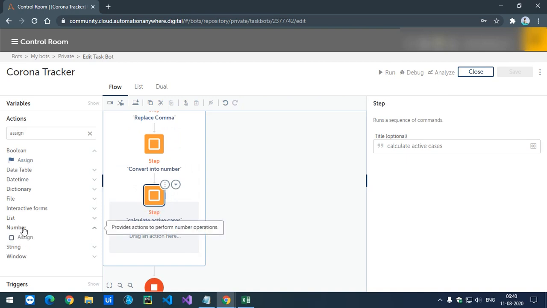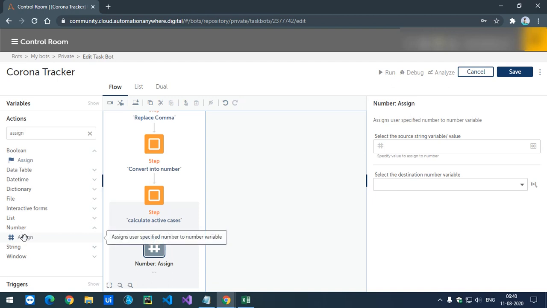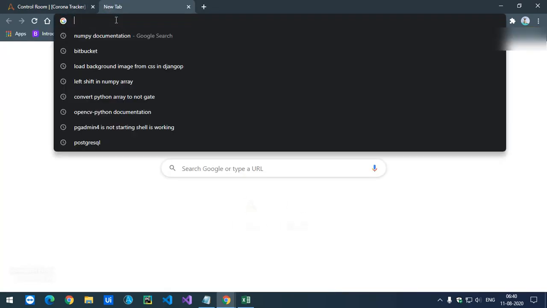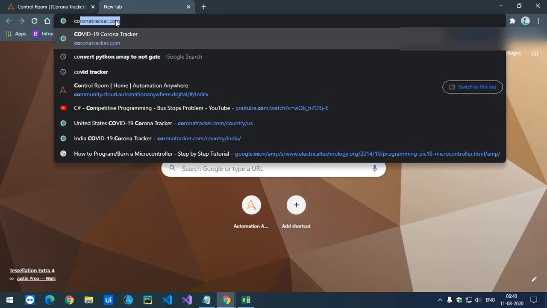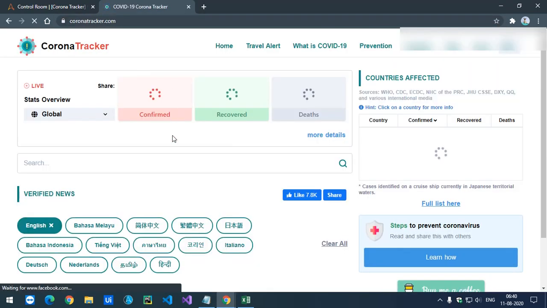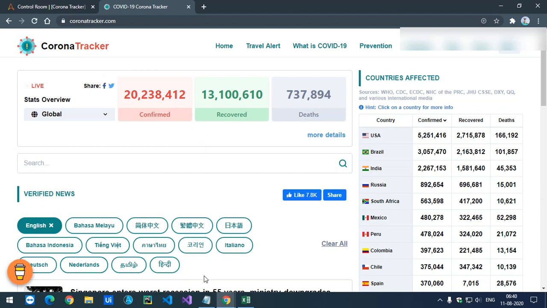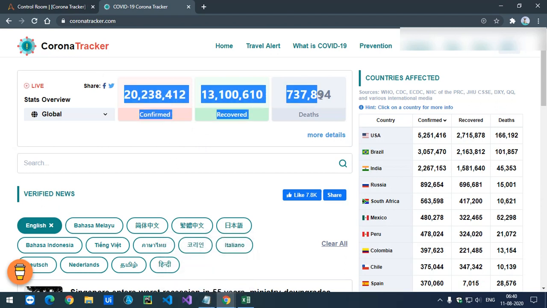So I'll go with the assign action of type number. Then just do the calculation part here. Let me open this again. What I have to calculate here is active cases from this data.